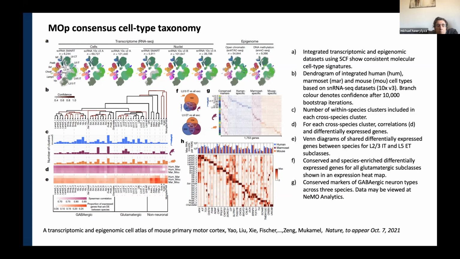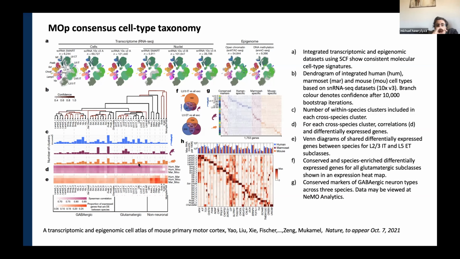This paper in particular, transcriptomic and epigenetic analysis of mouse primary motor cortex, Yao, Liu, Xi, Fisher, organized and overseen by Hongkui Zeng and Eran Mukamel, is one of these papers.